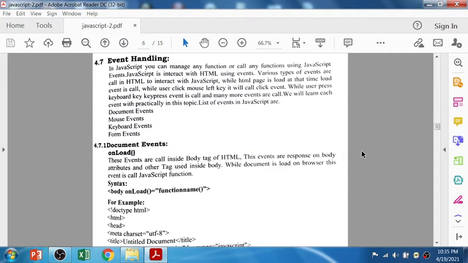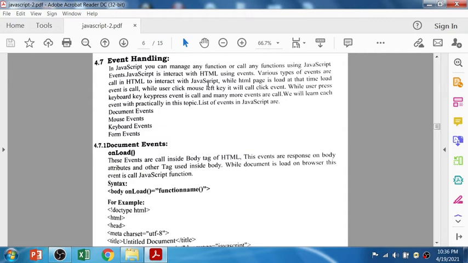So let's see the event handling. In JavaScript you can manage any function or call any function using a JavaScript event. JavaScript interacts with HTML using events.